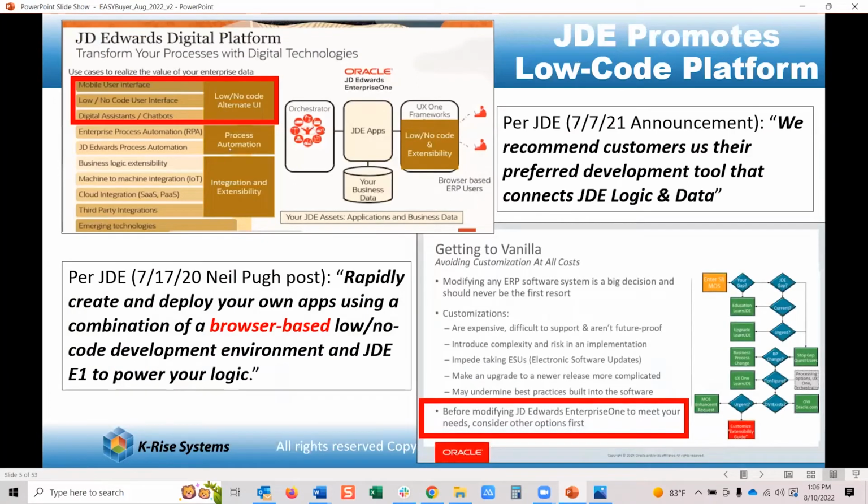This slide here kind of reinforces where we fit in the JDE ecosystem. We're a platform, we have apps, even JDE over and over they tout these low-code platforms. We're in the category with Appian and Mendix and OutSystems. Our big differentiator, and you're going to see that today, is our JDE integration. We've got everything integrated, orchestration, user-defined fields, and your business functions, and we're going to show that with our app today.